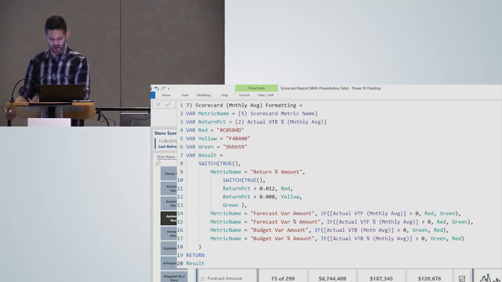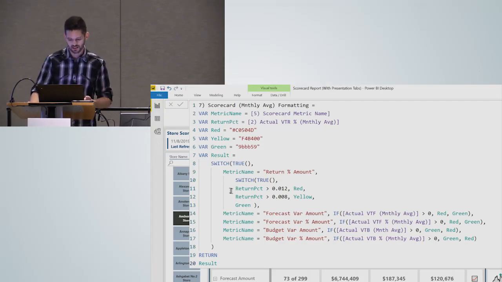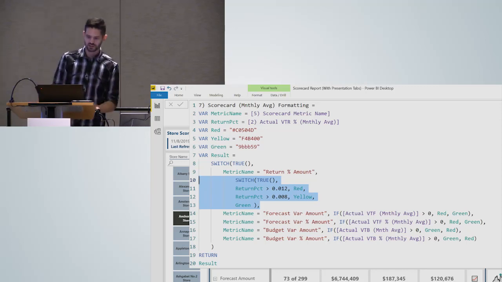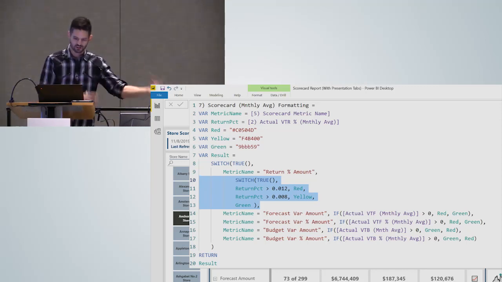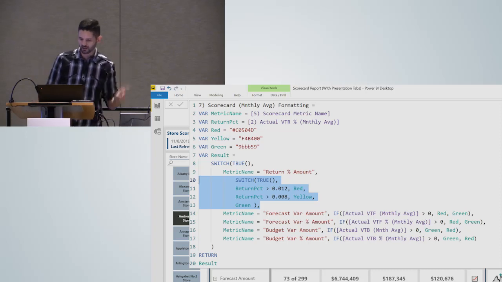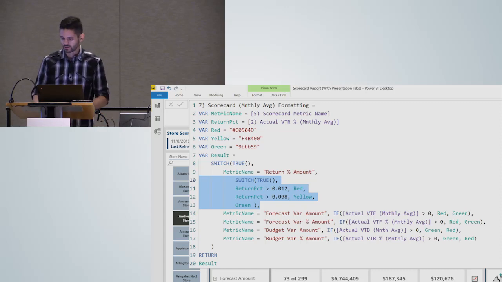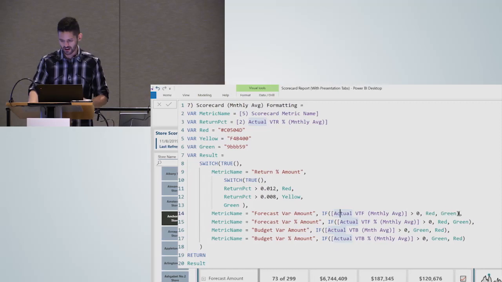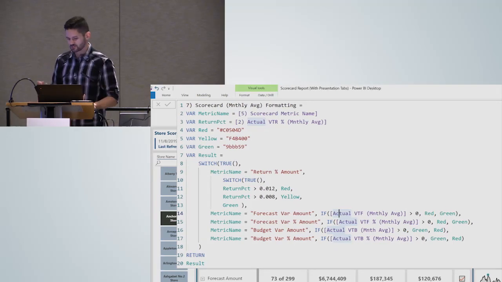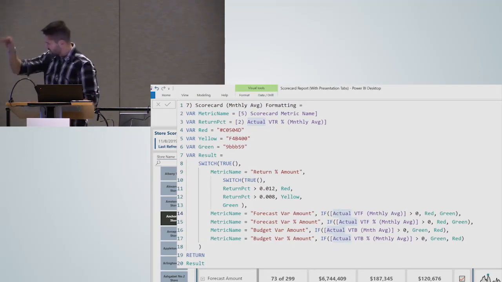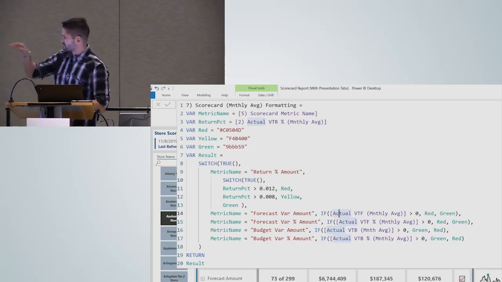Again, it follows a very similar pattern to the rest of them, with the exception being that in this case, I actually had 3 different colors I wanted to return. So for the conditions within the return amount percentage, that's the one scenario where red, yellow, or green can be returned, just depending on the business logic there. And the rest of them is just red or green, like either positive or negative. So I didn't need the extra information in there. But even at this level, yeah, it takes you a second, but it's still relatively readable if you just walk your way through it, and you can see very clearly, yeah, if this happens, red is returned, otherwise green. So all of that logic is in here.